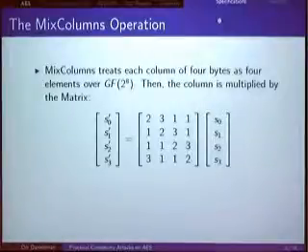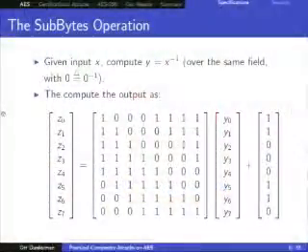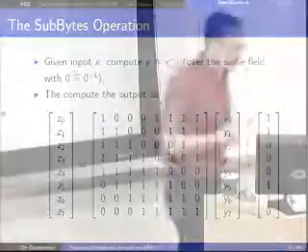So this is a very nice thing because modern ciphers are built around the concept of confusion, which is usually the Sboxes, the nonlinear parts, and diffusion, which takes this bit of nonlinearity and spreads it all around. Now, just to give you the field, if you're interested, it's 11b, x to the 8, etc. It doesn't really matter. I'm not going to discuss this anywhere in the talk, just for completeness. The Sbox SubBytes: you first of all invert the input over the same field, where we define 0 to be its own inverse. Then you compute this nice matrix over GF(2) and add this nice vector.